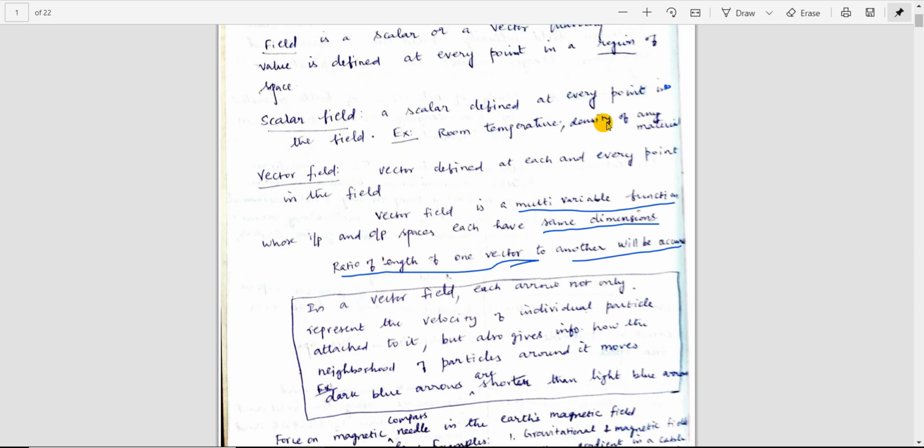You can also define a density for a material. So if you are having water,